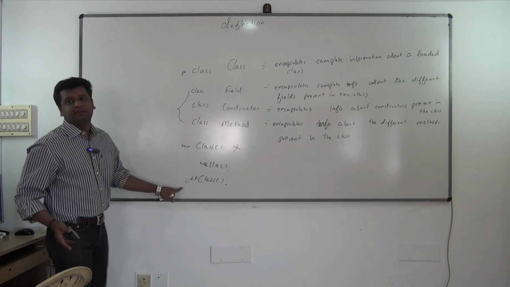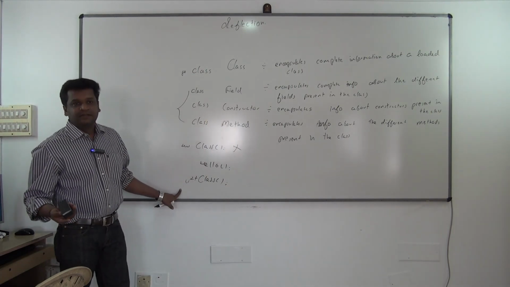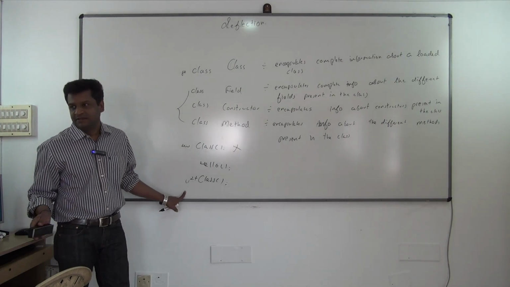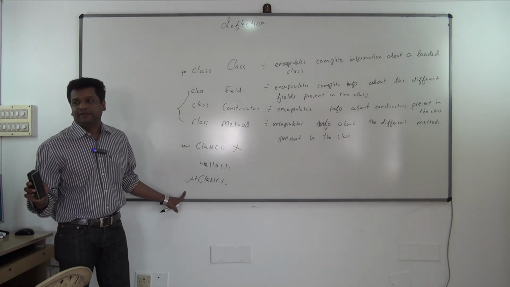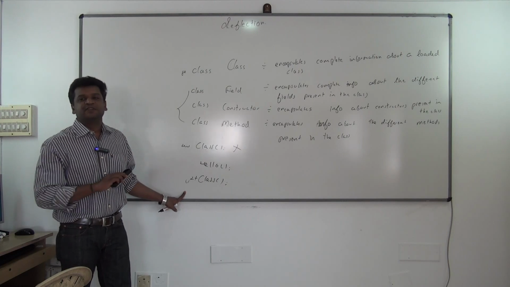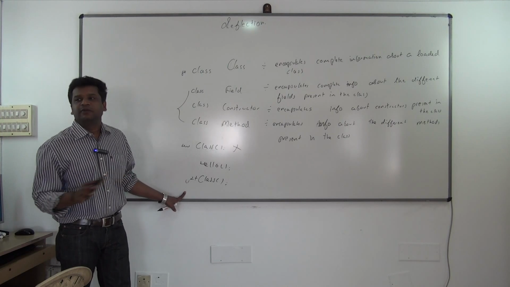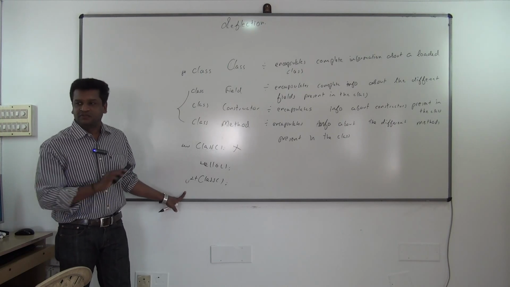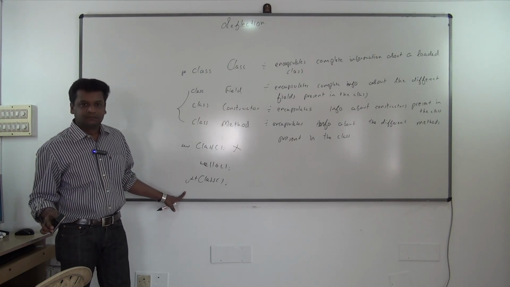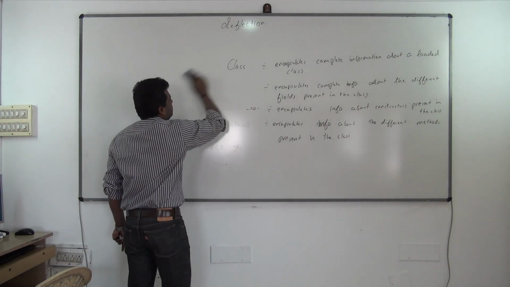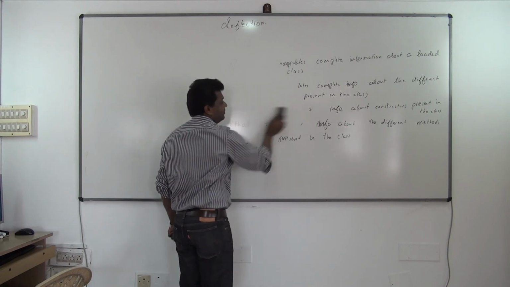And where is this getClass method present? It is present in the Object superclass. So this method can be called on any class. String s is equal to new String, s.getClass. StringBuffer sb is equal to new StringBuffer, sb.getClass. ArrayList al is equal to new ArrayList, al.getClass. Wherever you want, you can call it. Understood? Because it is present in the superclass called Object, and Class is also a